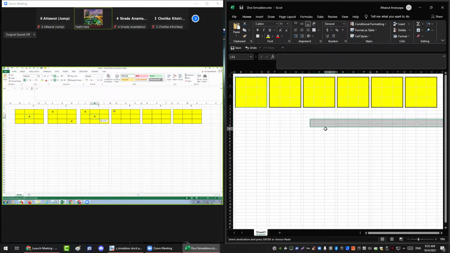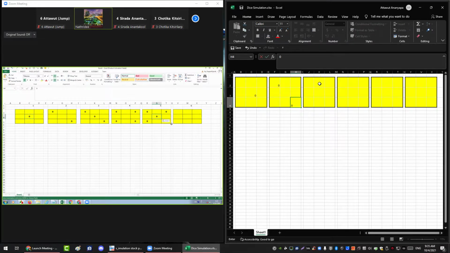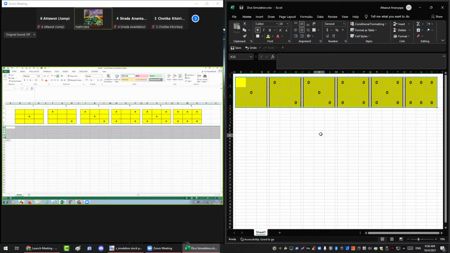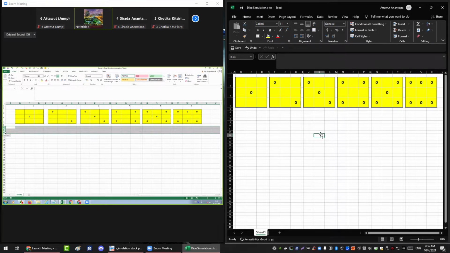Control V. If it's 4, if it's 5, if it's 6. Okay, so this is just the sample, but in reality,